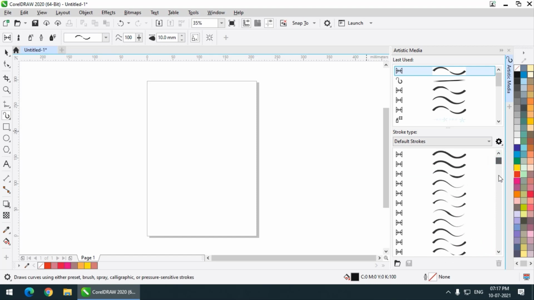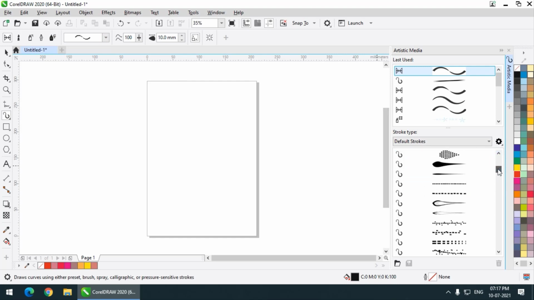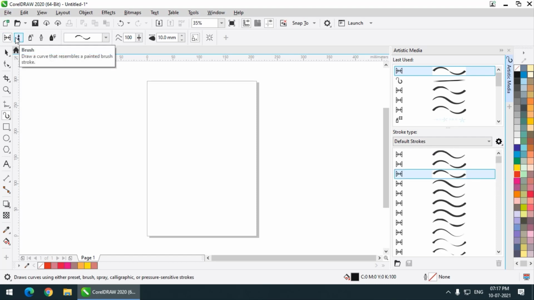If you scroll down on this particular panel, then you will see all the options present in the property bar, but we don't have categories over here, it is one after another, and in the property bar we have them in categories. So that is the only difference, but you can use it from anywhere. That doesn't really matter because those are the same options wherever you use them. So how to use them?